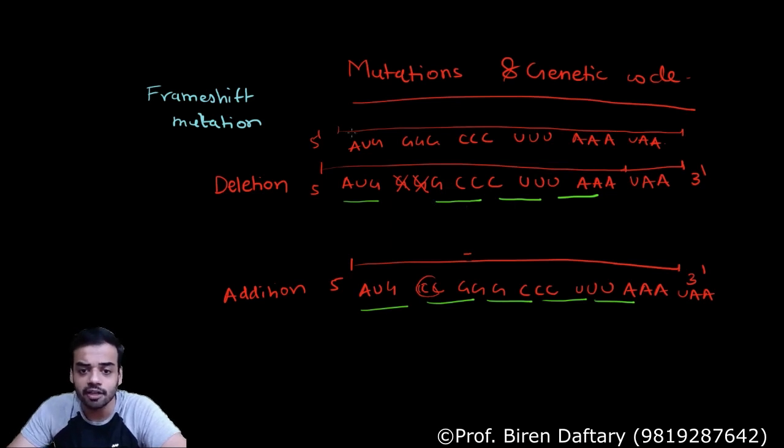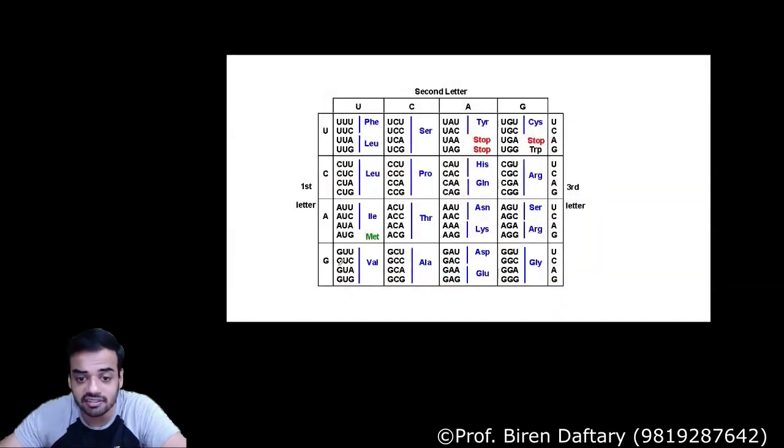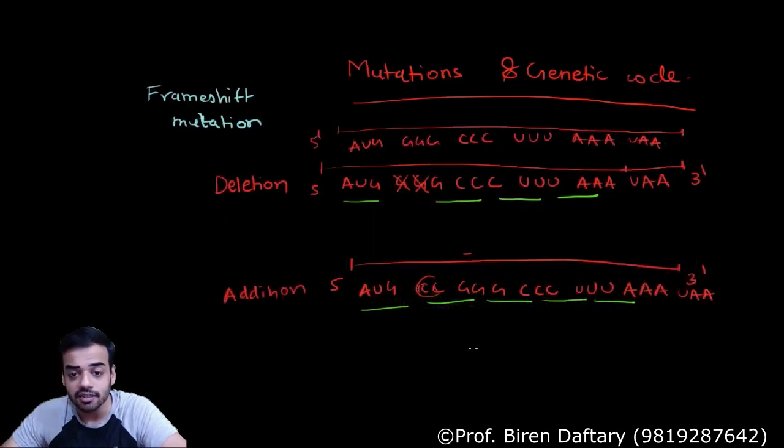Very simple. Now if we take this original mRNA, and we are talking about the amino acids which are going to be translated, AUG will form methionine, GGG will form glycine, you know that. Now because of deletion, first will be methionine, second will be GCC. Let us check out what is GCC. So G is over here, C is over here, C is over here. Now it is ALA, alanine. So instead of glycine, because of mutation, the amino acid formed over here is alanine.